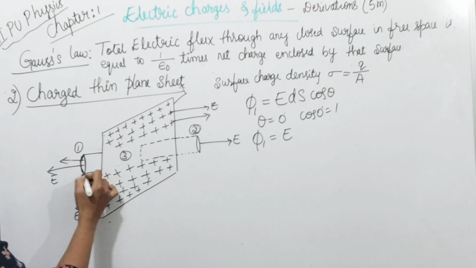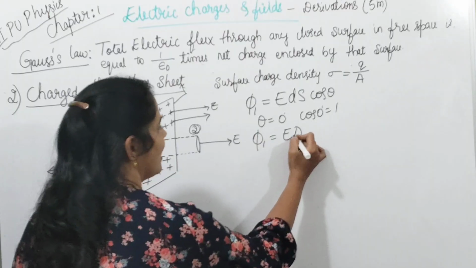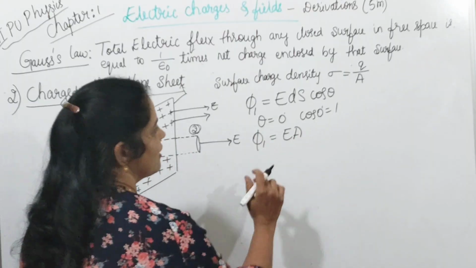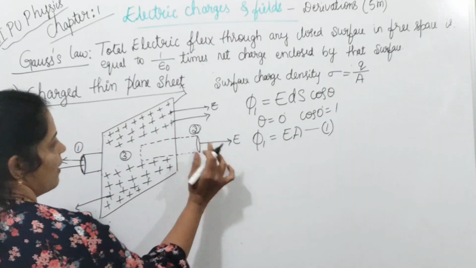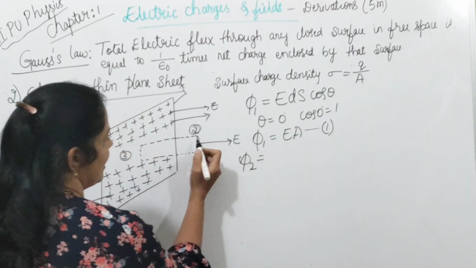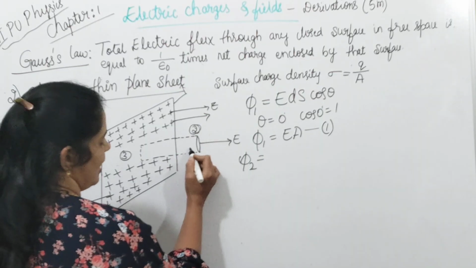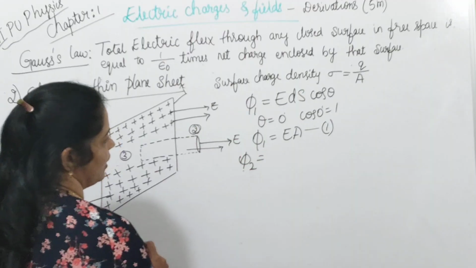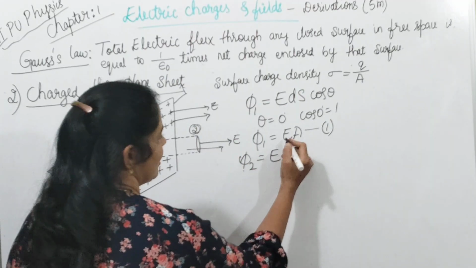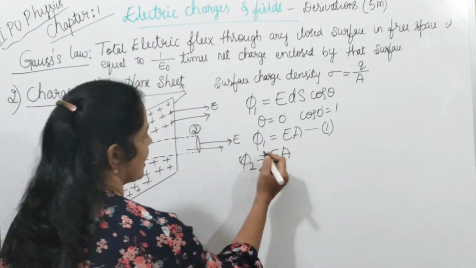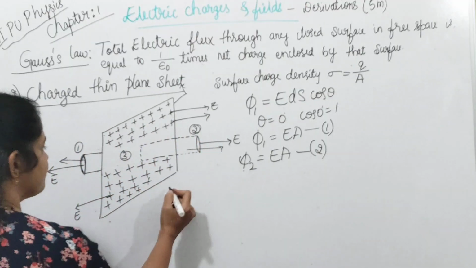So let me write the area of this surface. Area of this circular surface, or area of this cylinder, is A. So therefore, EA. Call it as equation 1. Similarly, flux through second surface is again this curved, say this one, circular surface. Flux is, what is that? Area is acting along the outward normal, along the direction of electric field. Therefore, we will come to know that flux through second surface is also equal to EA.